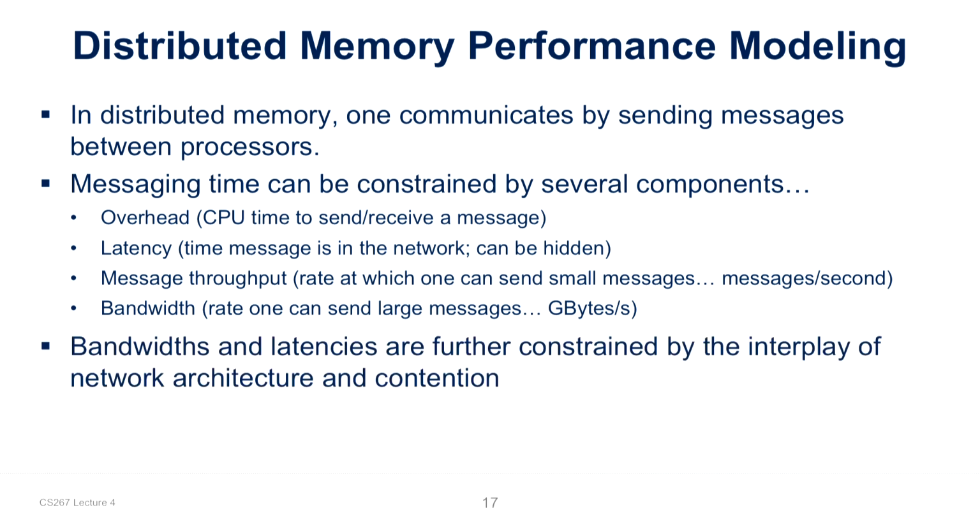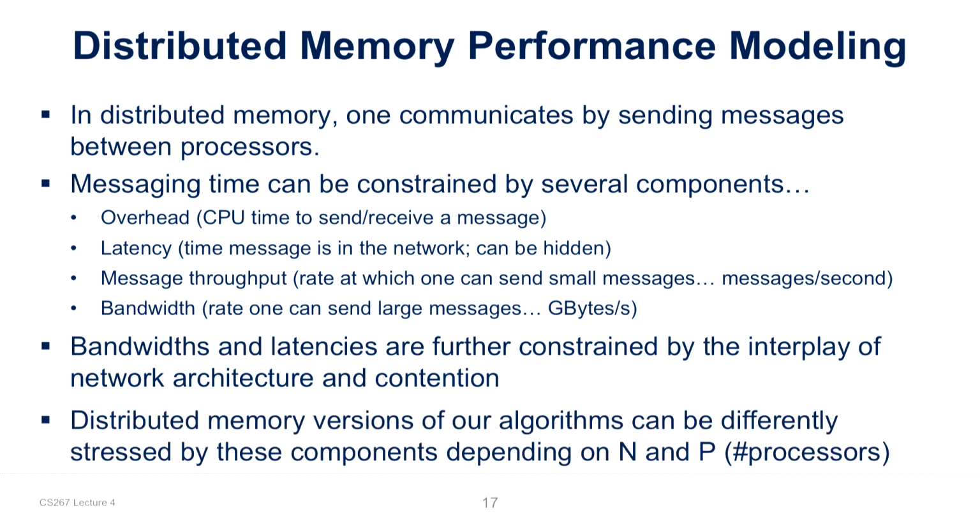These bandwidths and latencies are also going to be constrained by things like contention in the network. You may be running in an ideal setting. You've got the machine all to yourself, and you're measuring the bandwidth between a pair of processors sitting on this network, and everything looks really great. You're getting wonderful bandwidths, but in practice, for example, in the Cori system, there are a lot of other people running jobs. Those are also going to be sometimes sending data across the same network that you're using, and so you will see some performance anomalies. When we get to distributed memory, we will also have to look at the